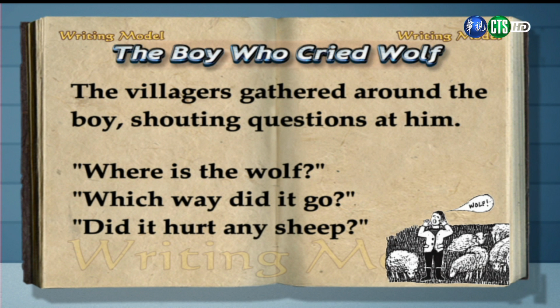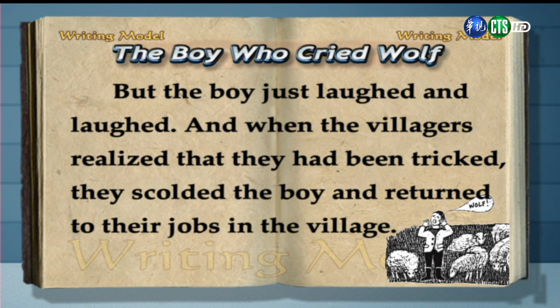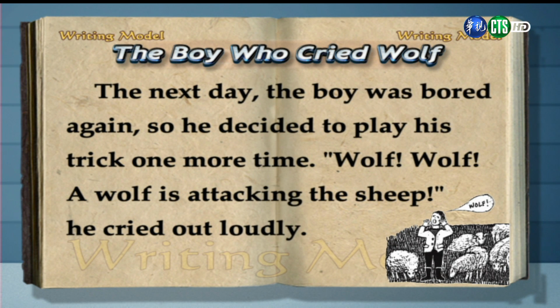Did it hurt any sheep?" 村民们匆忙地赶到男孩的身边，大声地询问他发生了什么事。狼在哪儿啊？他往哪跑啦？狼伤了哪只羊吗？ But the boy just laughed and laughed. And when the villagers realized that they had been tricked, they scolded the boy and returned to their jobs in the village. 男孩却只是大声地笑着。村民们发现他们被骗了，气得大骂这男孩一顿，然后返回工作岗位上。 The next day, the boy was bored again, so he decided to play his trick one more